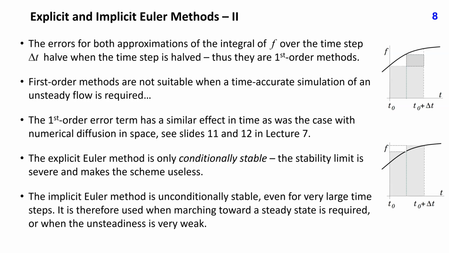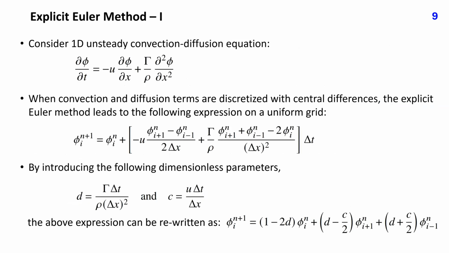The implicit Euler method is unconditionally stable even for very large time steps. It is therefore used when marching toward a steady state is required or when the unsteadiness is very weak. Although the explicit Euler method is practically never used, it is worth checking its properties to understand why. Let us see what happens when the method is applied to the one-dimensional unsteady convection-diffusion equation for a generic scalar variable phi. When convection and diffusion terms in this equation are discretized with central differences, the explicit Euler method leads